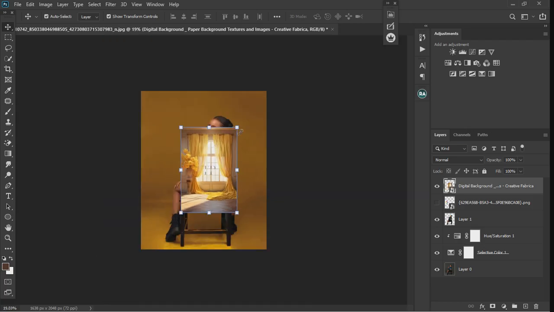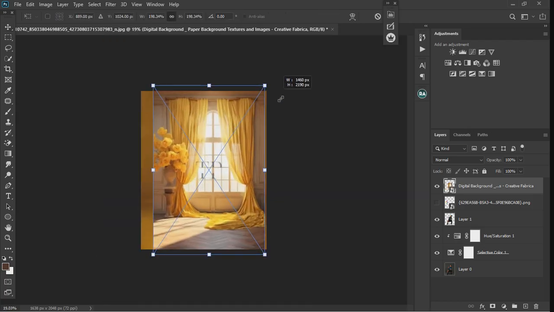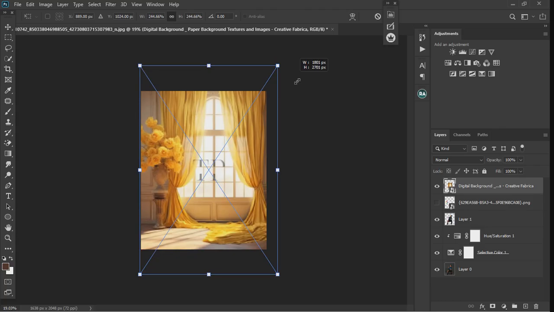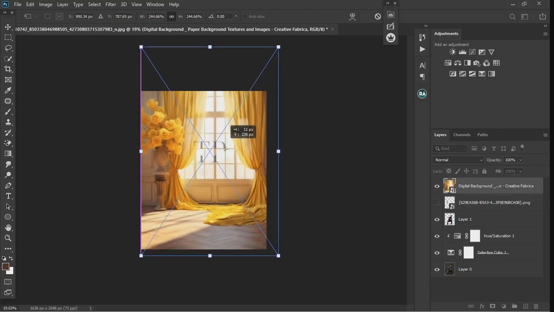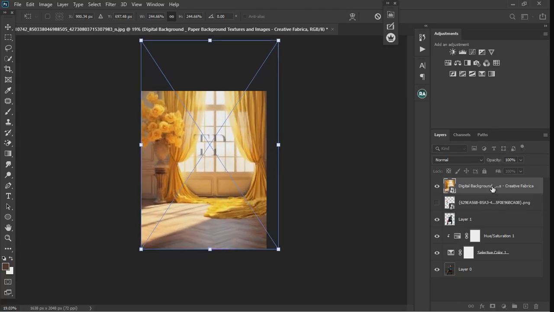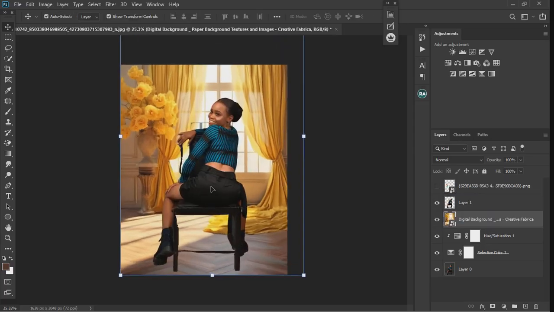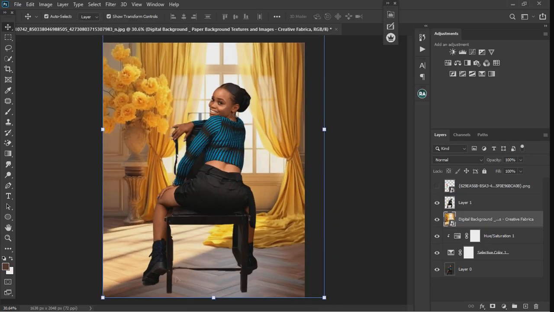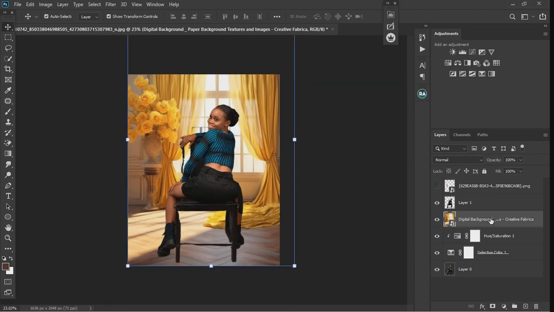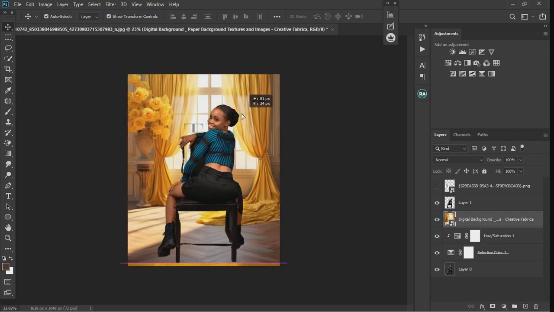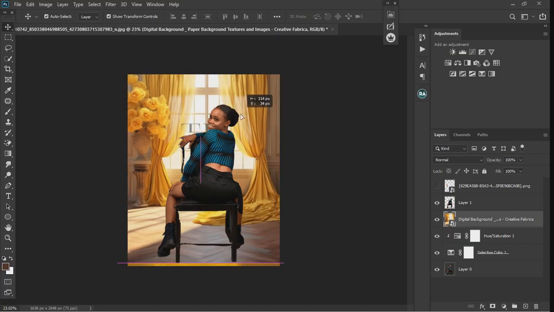So now let's make the background bigger anyway. Hold Alt, make it big till it sizes, and then we're going to take it up like this. So let's take the background below the one we've selected, which is this one. Now one thing you will notice is there are no shadows anywhere, so we need to actually solve that, although it's looking realistic because